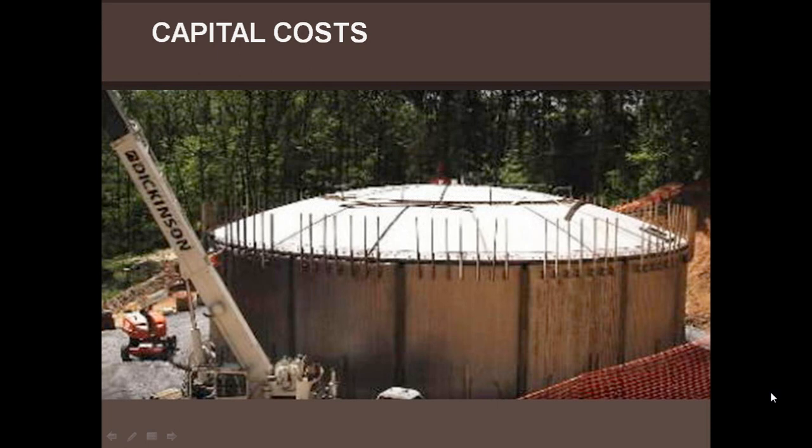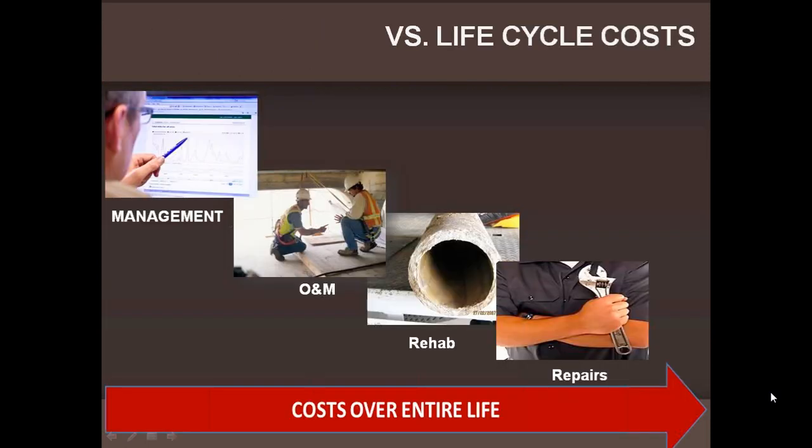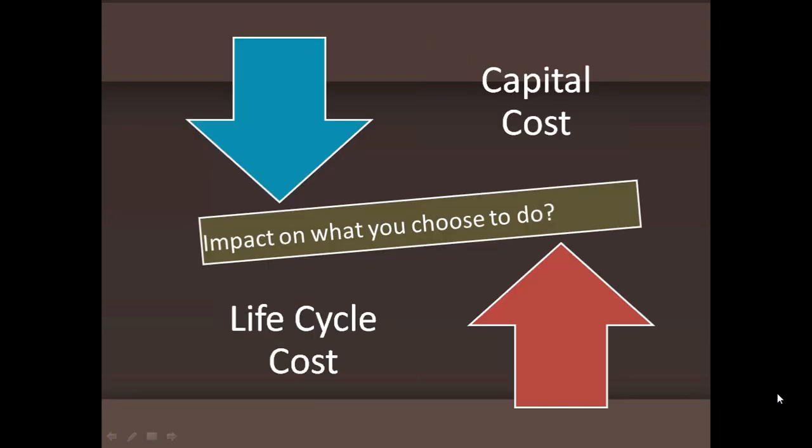The fourth component is life cycle costing. And this is where we take a look at the difference between just looking at the capital cost of something and comparing it to the capital cost of something else, and we get into the overall life cycle cost. And we look at all of the costs that will go into that asset, the operation and maintenance, the rehab, repairs, all of those things that will be spent on our assets over time, so that now we can compare the life cycle cost of one asset to another instead of just the capital cost of one asset to another.